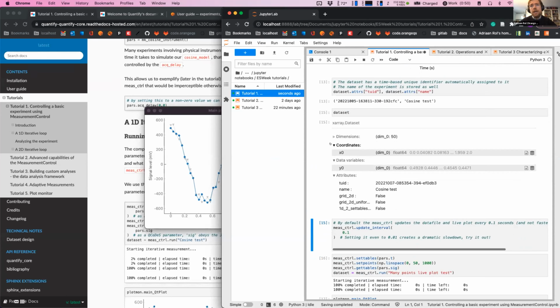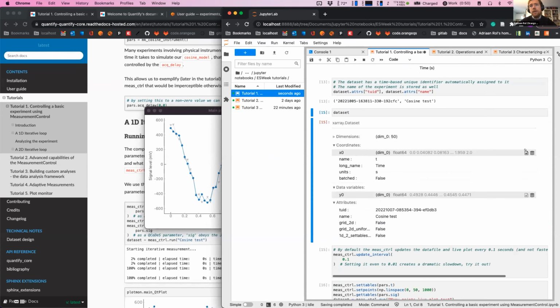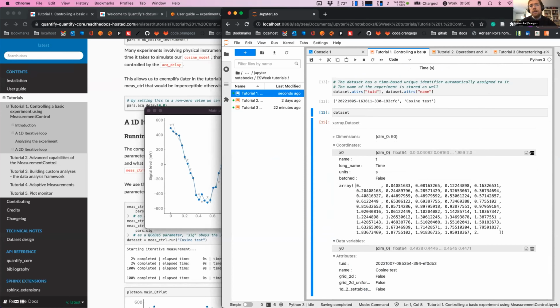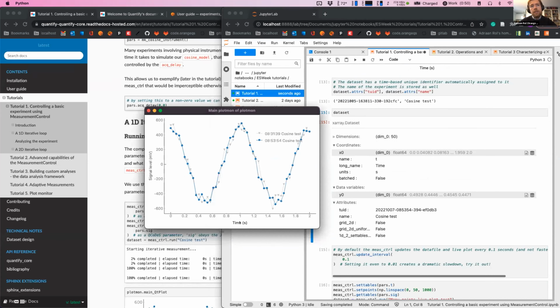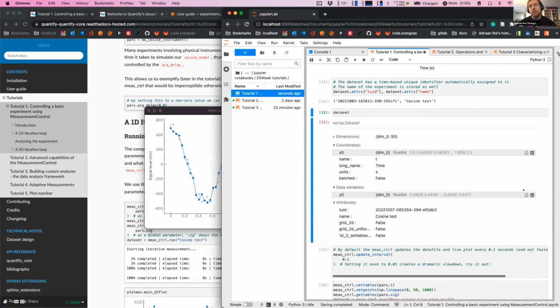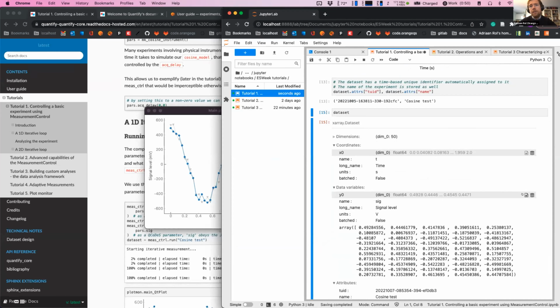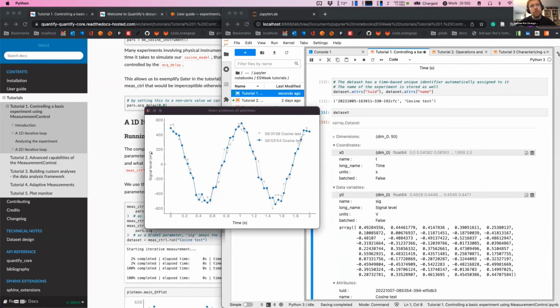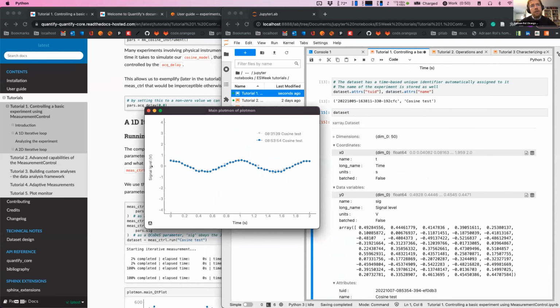We get here the data set, and we can see the metadata like time, units, etc. You'll also notice that here it's telling seconds, here millivolts. But if you look here carefully, you notice this is in volts, because this visualization here is unit aware. So you see here now it goes to volts, and if I zoom out even further, it'll probably go to kilovolts, and I can auto-fit it again.